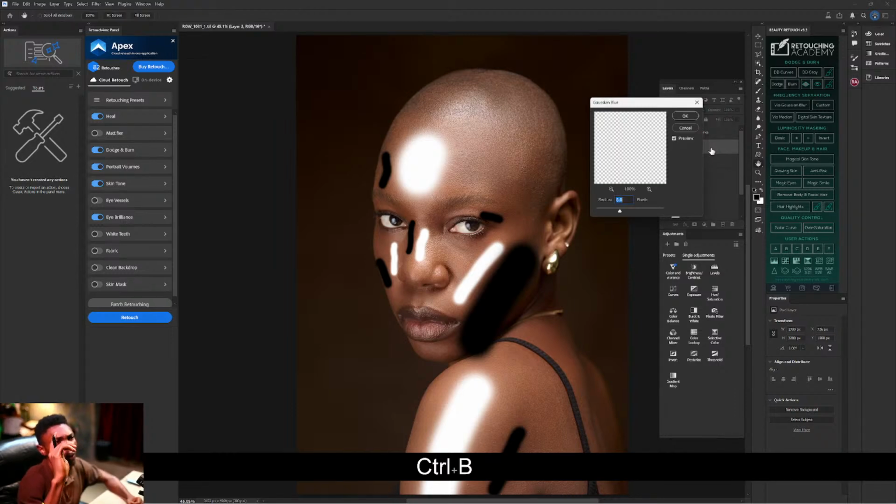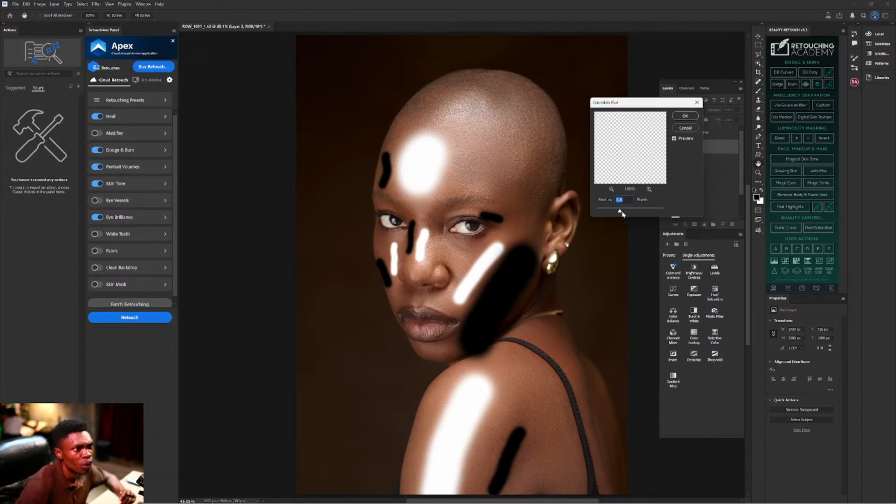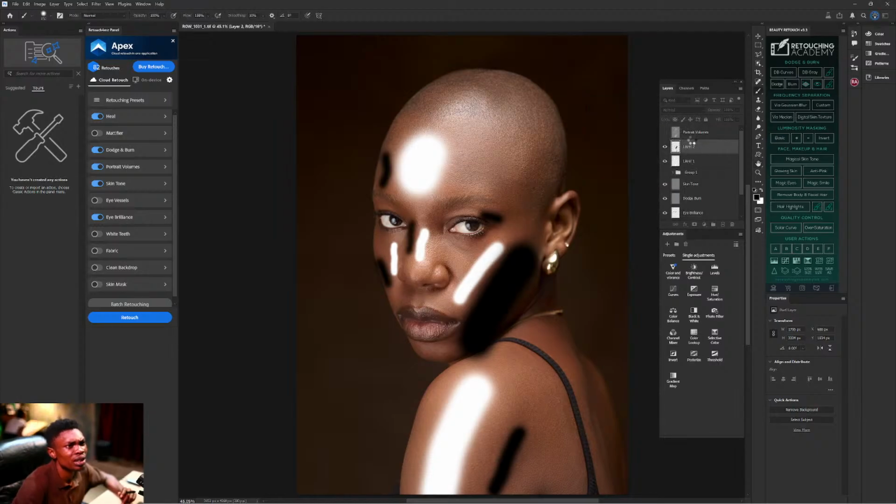Control B, I thought I had changed to this before. I will just blur. I won't blur too much, I will reduce it. Then you see this blend mode.